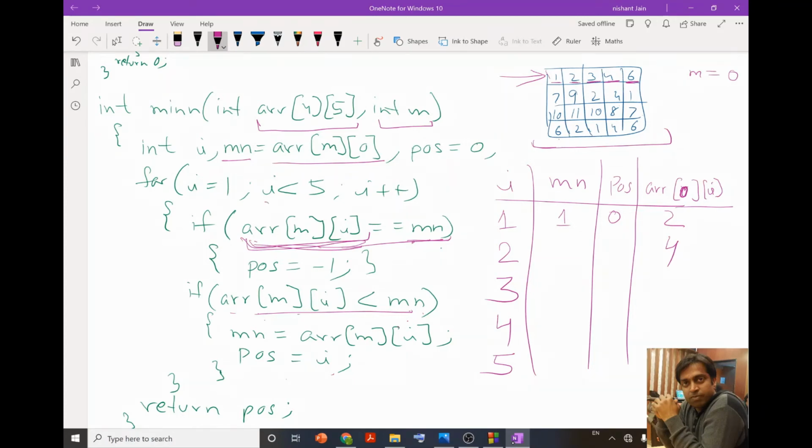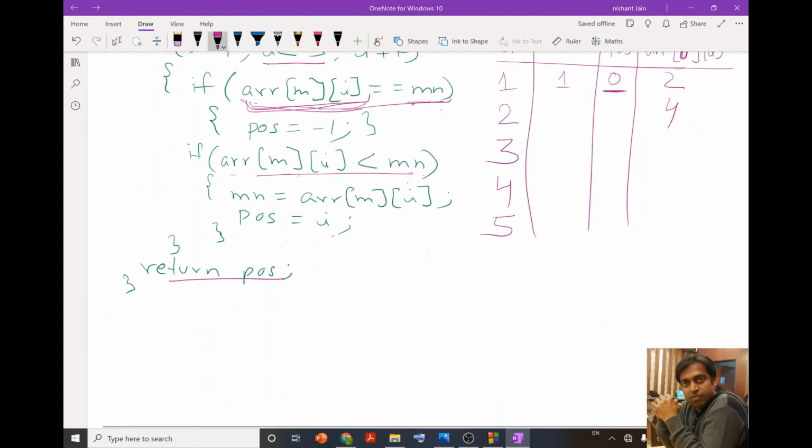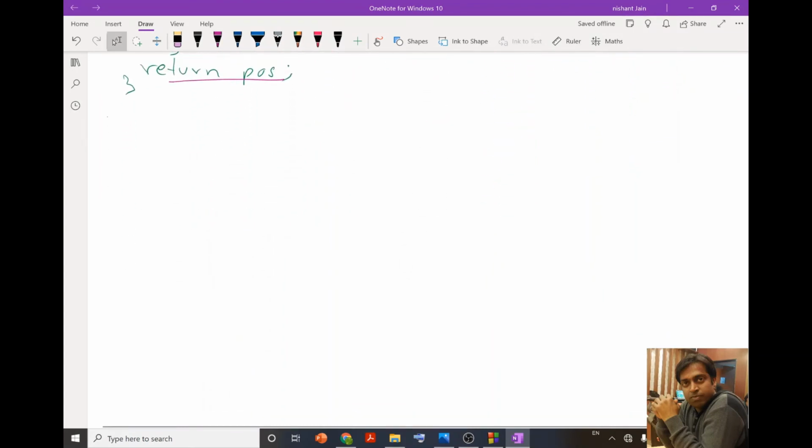Now over here, if we check this condition of the I loop, then this condition becomes false, and since this condition becomes false, we will come out of the I loop and we are going to return the value of POS, which is 0. And you can see that in this particular row, our minimum value is located at column 0. So it means that this program is giving us a proper answer.